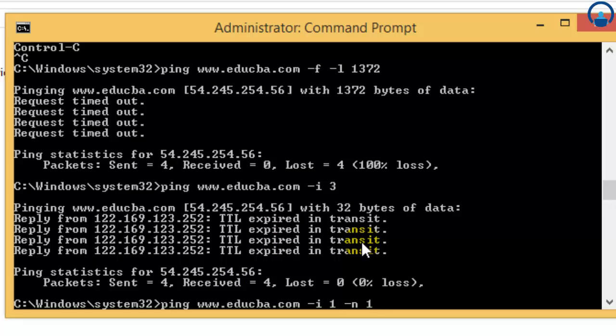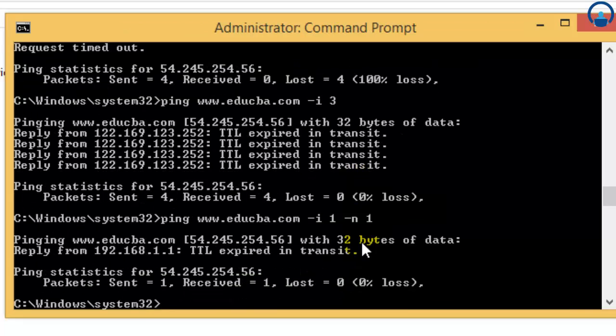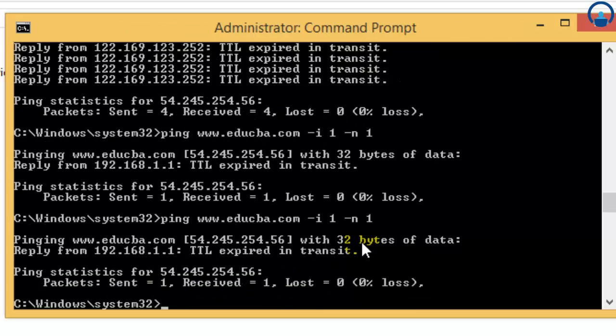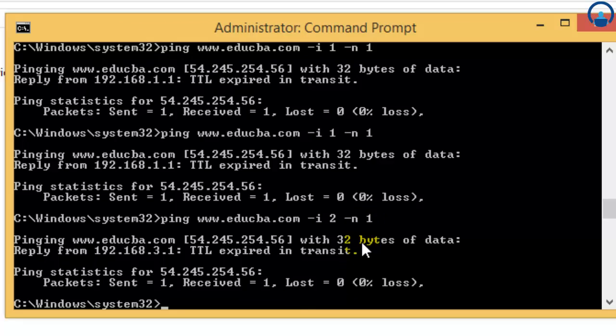If you do the same thing in Linux, it will go on forever. The displayed figure will look something like this: sent one, received one, and 0 loss. Similarly, when you try, you may get something like 100% loss. In the command prompt you can also type, let's say, -i 2, and over here you can see it's still showing 1. I'll go ahead and check. Okay, perfect. The displayed response should be similar to the one shown here. As you can see, it has only pinged one time. And you can also type -i 3 and do the same thing.